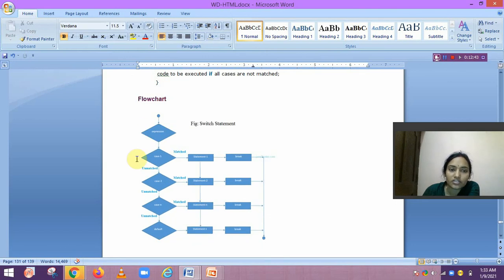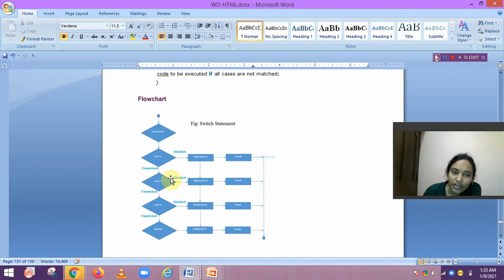Here the flowchart is also there. First the expression, then the first case. If the case is matched, then it will execute statement 1, then break. If not matched, then it will come to case 2. If case 2 is matched, then it will execute statement 2, then break.